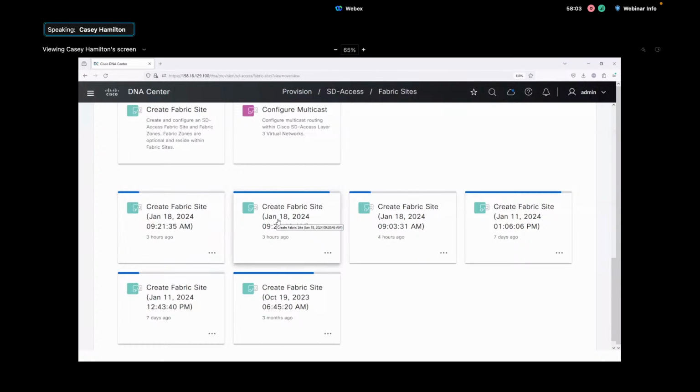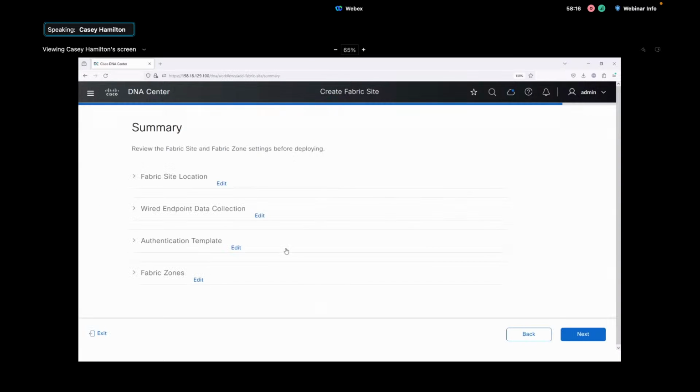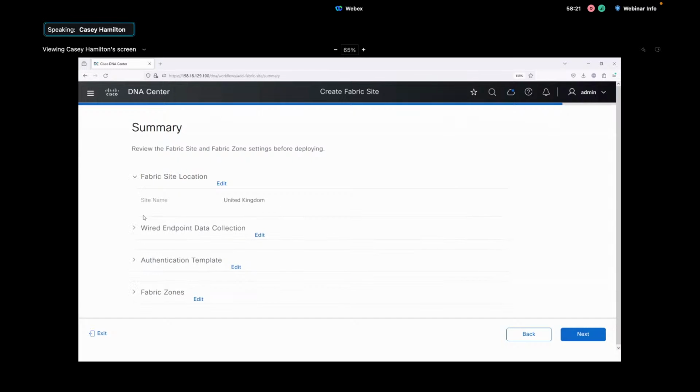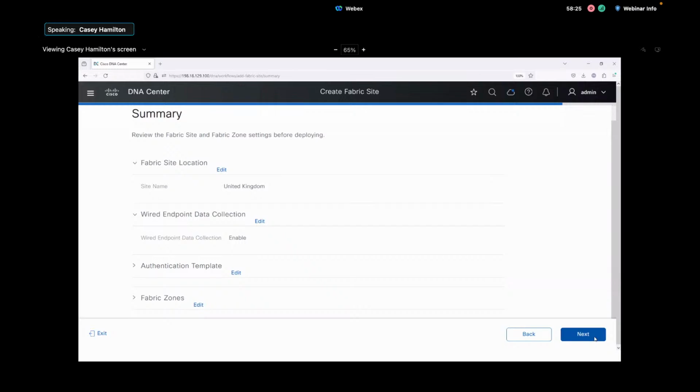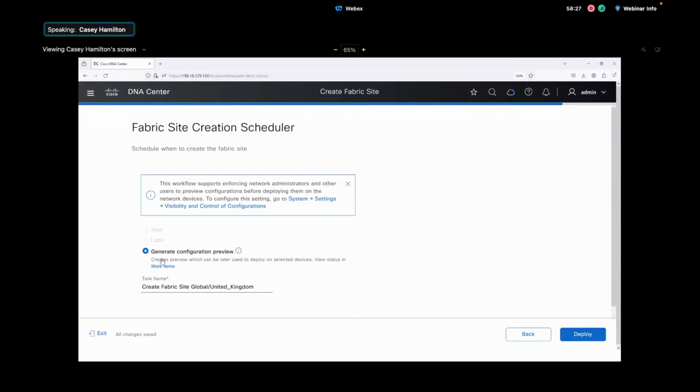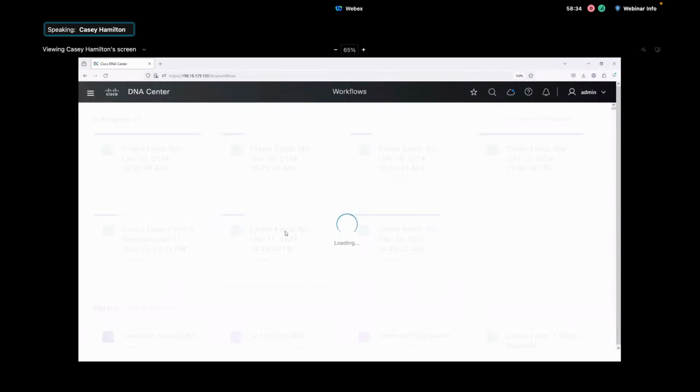These are tasks that have actually happened already or are pending. So it's like halfway through a step. If you are, say, halfway through a workflow and you need to access it later, you can exit the workflow, scroll down, and find the workflow based on the time you're working with, and it'll take you back to that. So similar to here, we saw the bar was almost complete. So we are at the summary page. Click through and see what's actually being enabled. Then I can click next, and it's going to take me to generate configuration preview, that feature we saw earlier. So I'll go ahead and exit out of here,